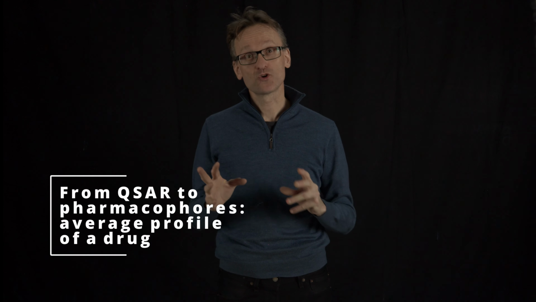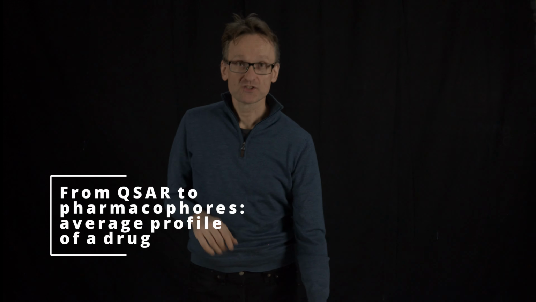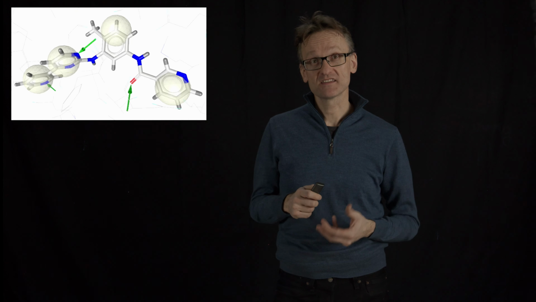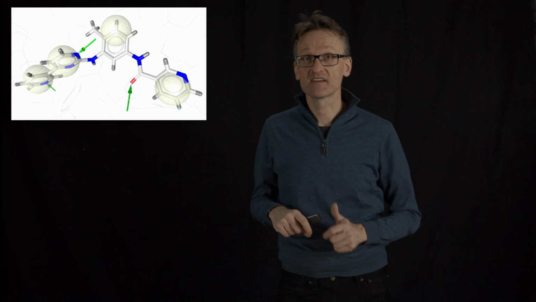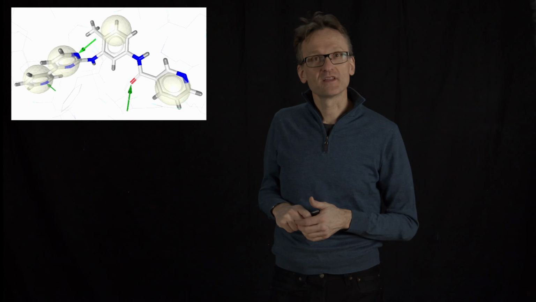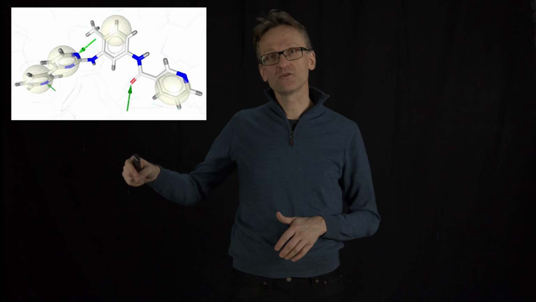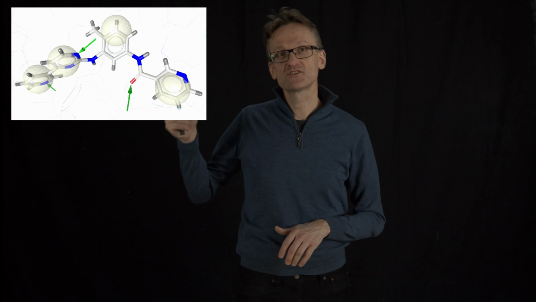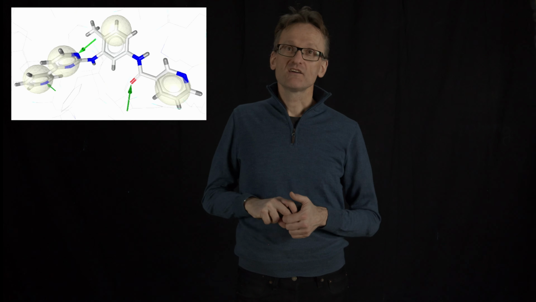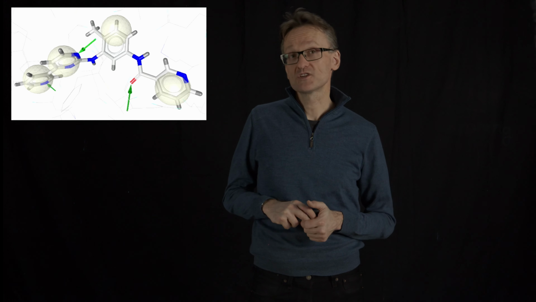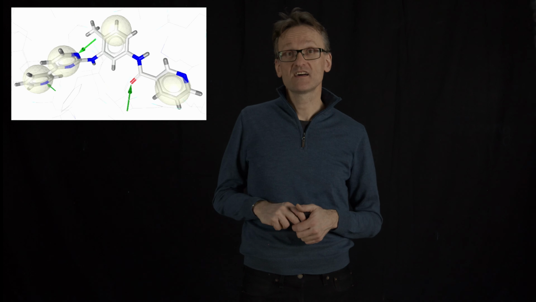We can be slightly more targeted with QSAR. So assuming that I have a binding site where I have at least one molecule that binds, and I have a crystal structure of this binding site. Maybe this is a molecule that binds, and I have hydrogen bond partners up here and a certain number of aromatic rings. If I just use some small molecules here to identify the properties, I should be able to